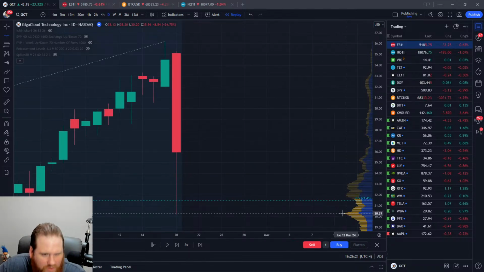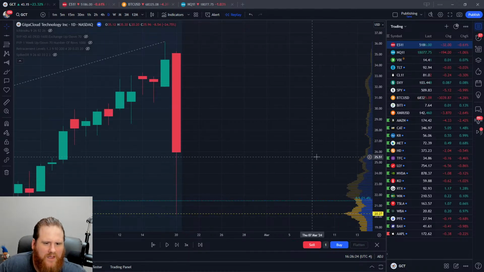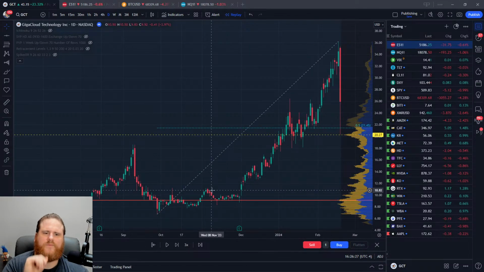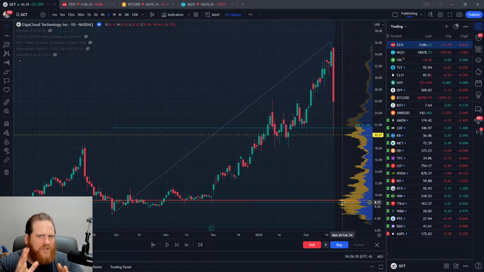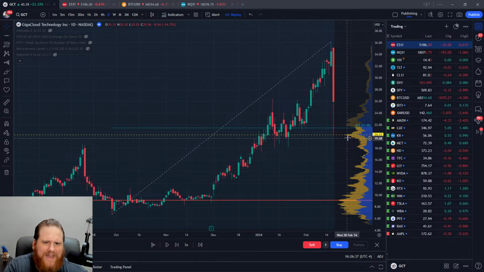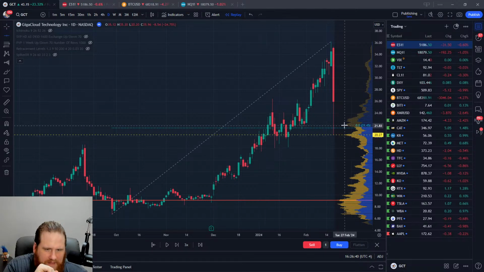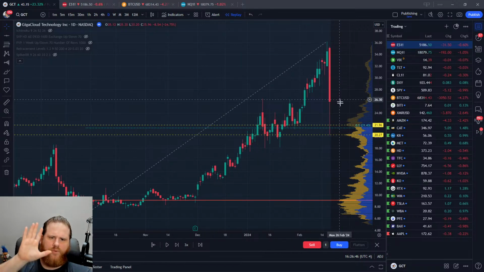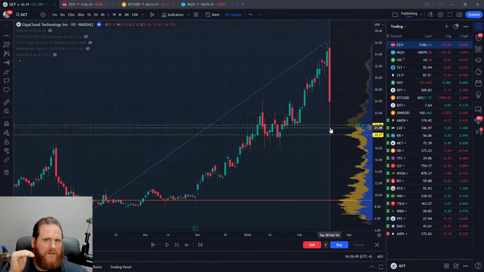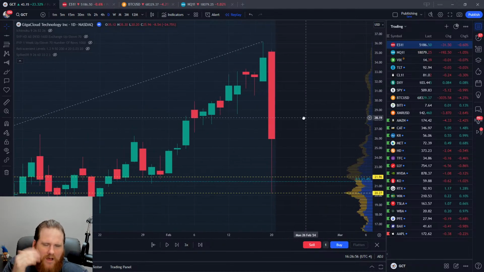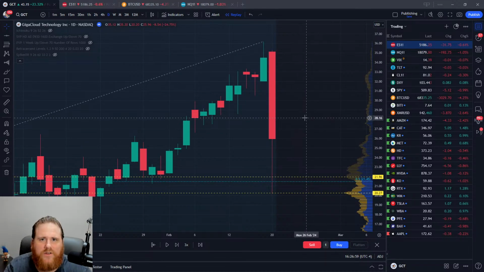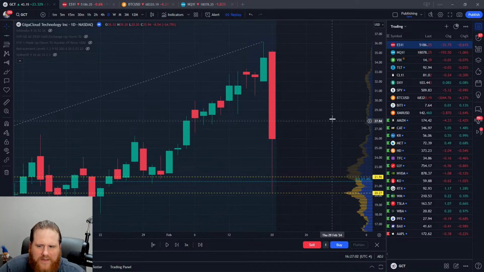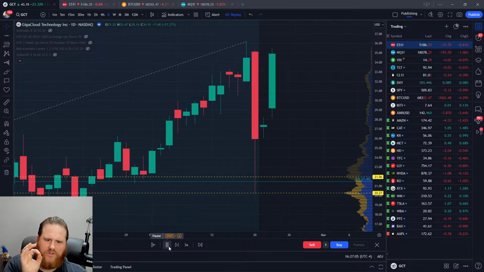Oh, let me zoom in. I'm zooming into the screen. 20.27. Okay. It's not just the point of control. I'm trying not to use every single bulge that I see and have 20 lines, but I would say the point of control and then maybe another instance, like let's say that one in particular, maybe this little bulge right here, those can be significant. But what's really interesting is that when price pulled back, buying this pullback at the 50% retracement was a good level. It's a good trade, it worked out, but I don't know about you guys, all I ask for is perfection. And the 20.27 level, remember, this actually will update